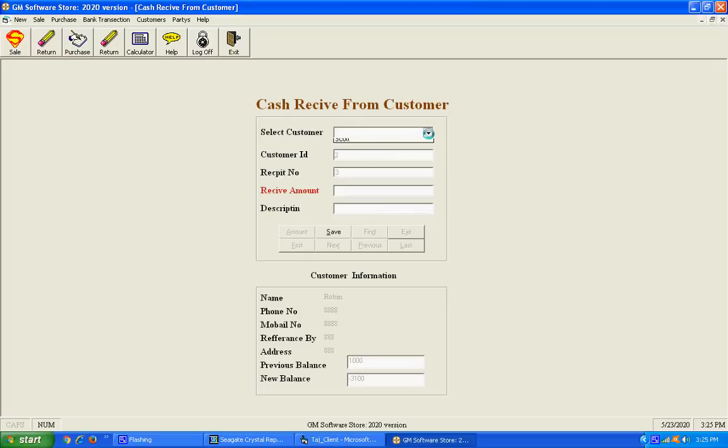Next is Clinton, the amount is 500. Press the save button. At this time we received three amounts from three different customers.